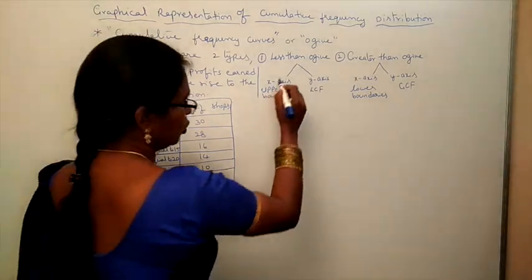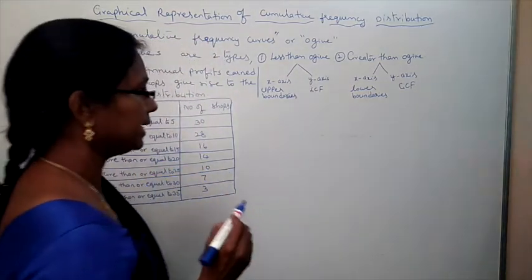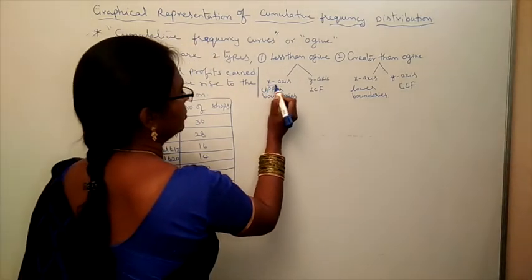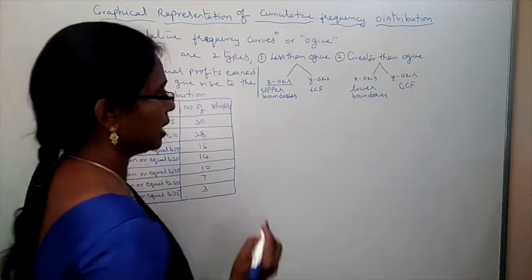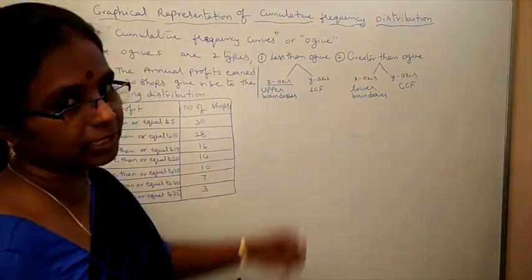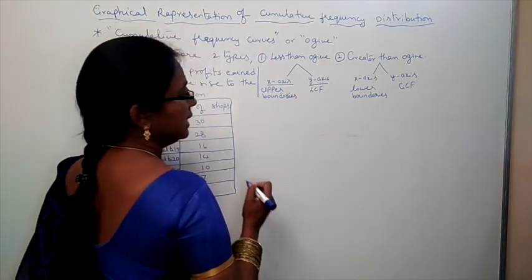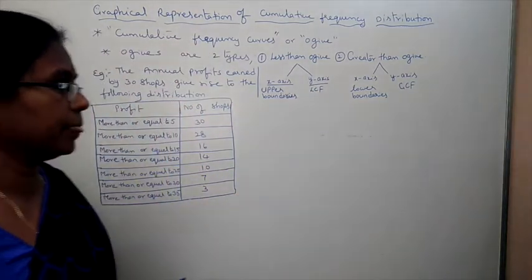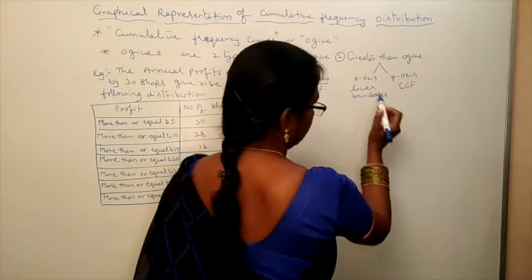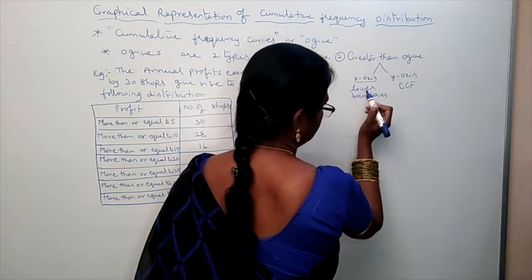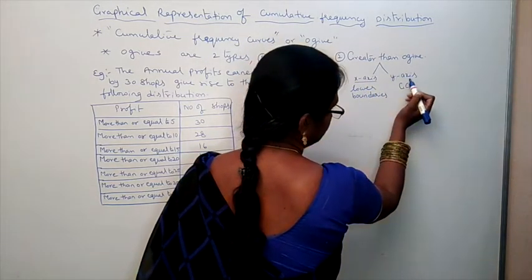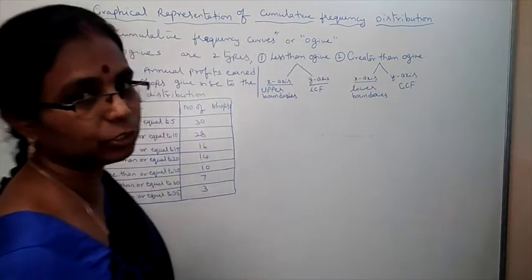Now, for less than ogive curves, what do we take on the x-axis? Upper boundaries. We take the x-axis as abscissa, with upper boundaries on the x-axis and LCF on the y-axis. LCF means less than cumulative frequency. For greater than ogive, on the x-axis we take lower boundaries and on the y-axis GCF, which means greater than cumulative